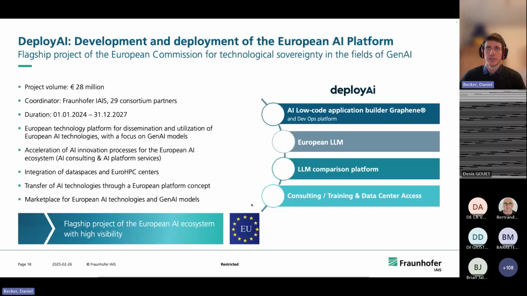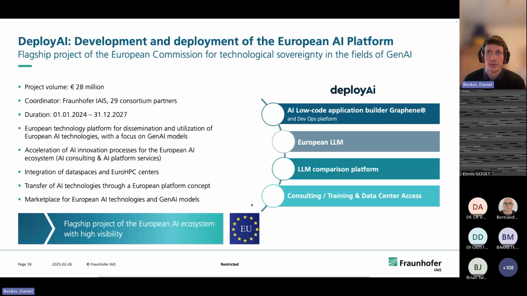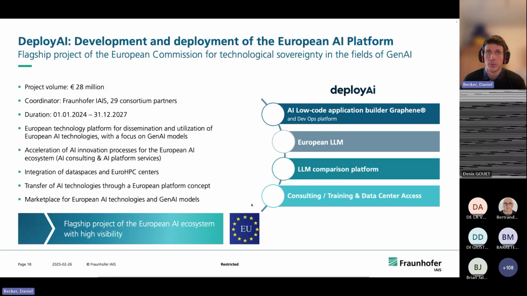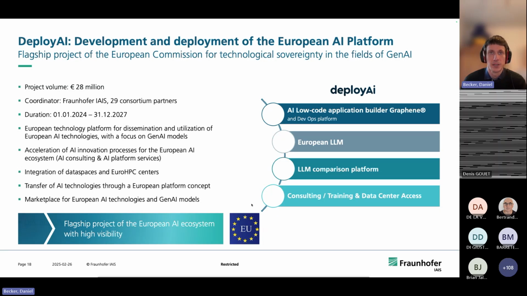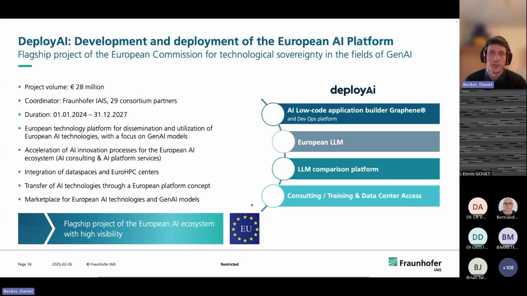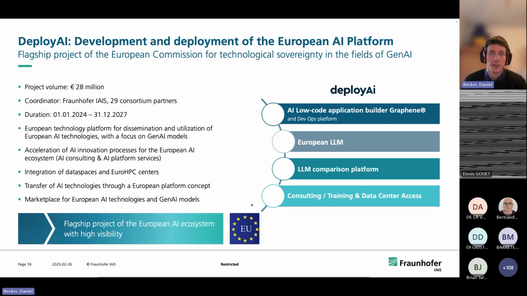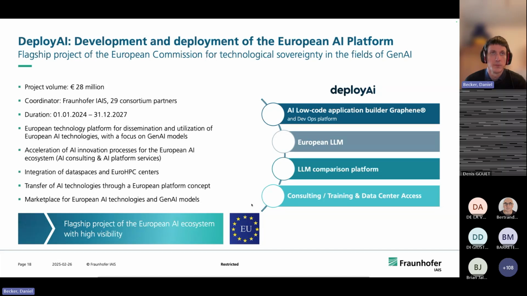To give a little bit of context, this Graphene platform was developed in the context of a large EU project, which is actually the project before this DeployAI project that you see here. Now the DeployAI project is continuing the development of this platform, and it's quite a large project with a high volume of funding, and lots of partners working on it.